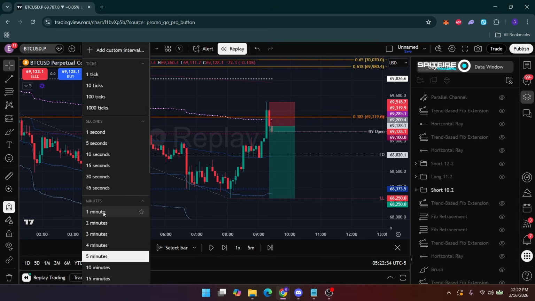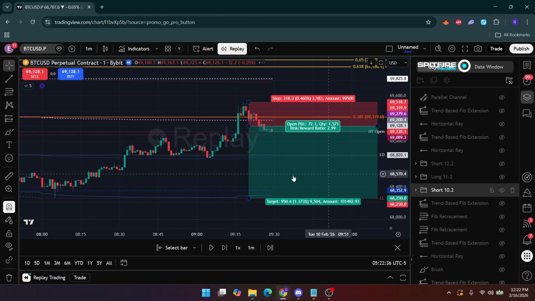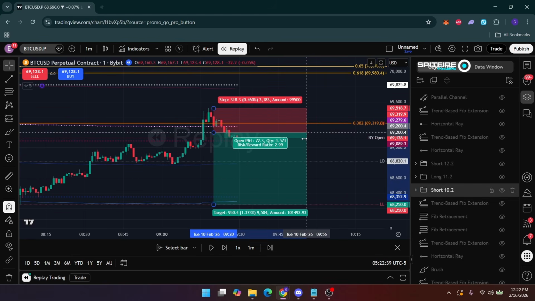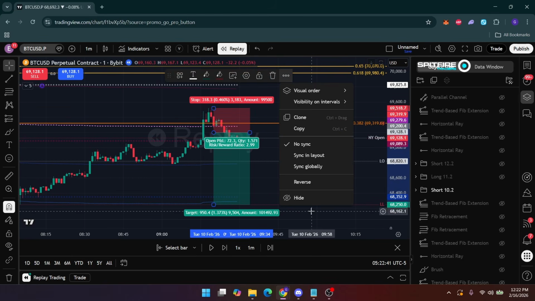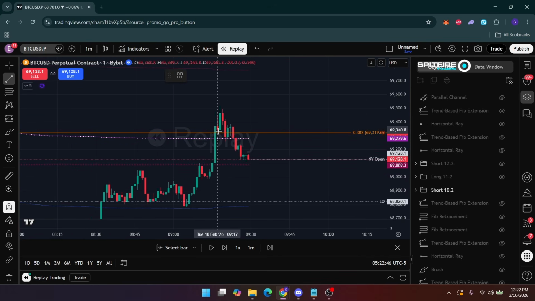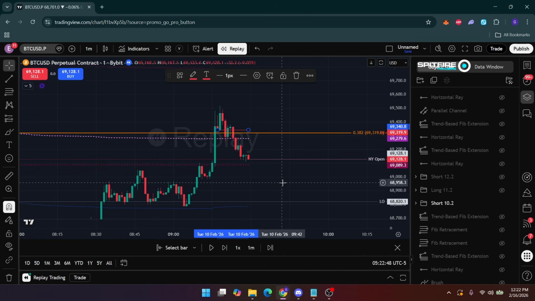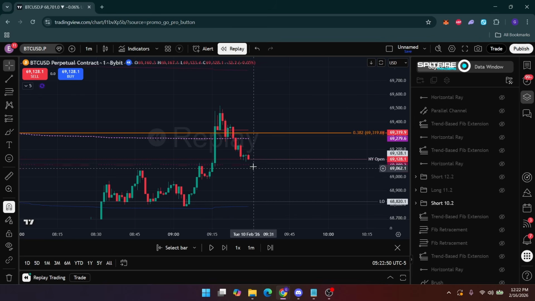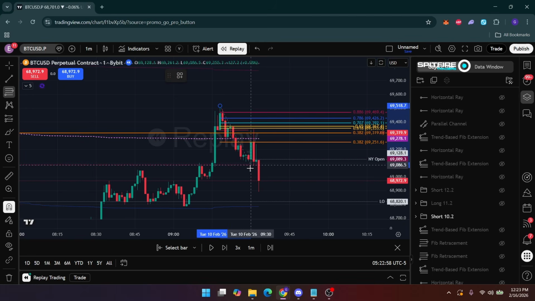And then after New York opened, I waited to see what the price would do. So let's hide this one for the time being. We had this 1 minute market structure break here before New York Open, then New York Open here, and if we play, she does a perfect retest in a fib algo golden pocket. So by the time price came up here during New York Open, I added the last part of my position